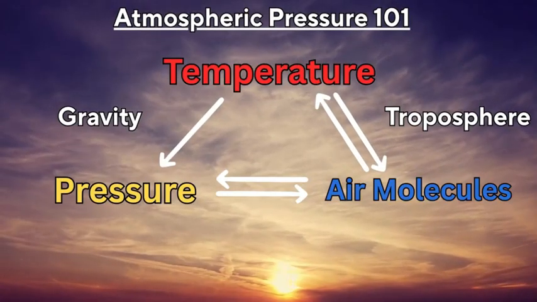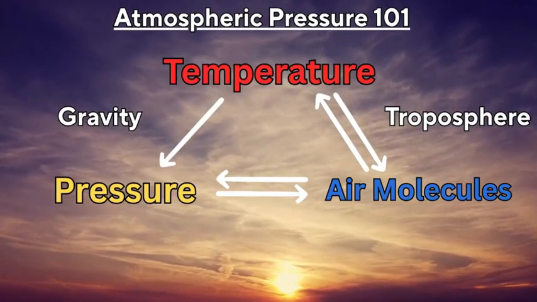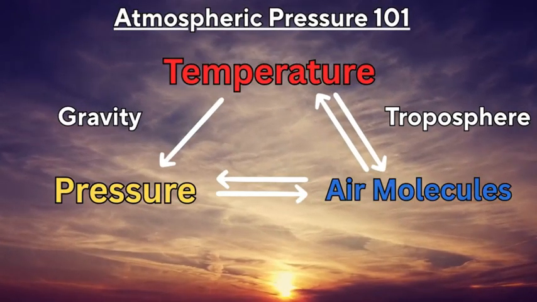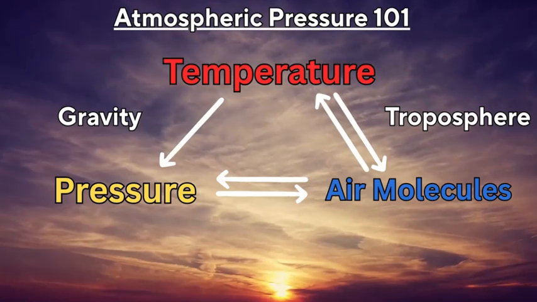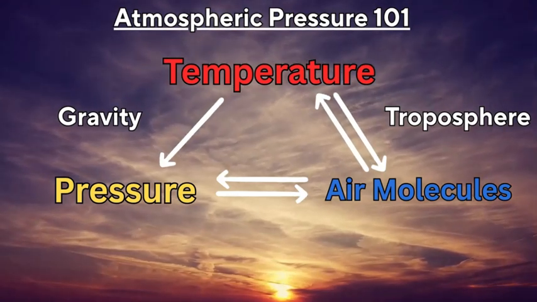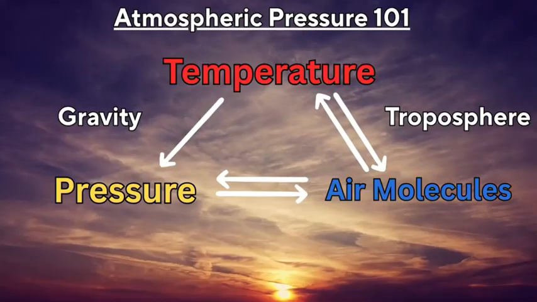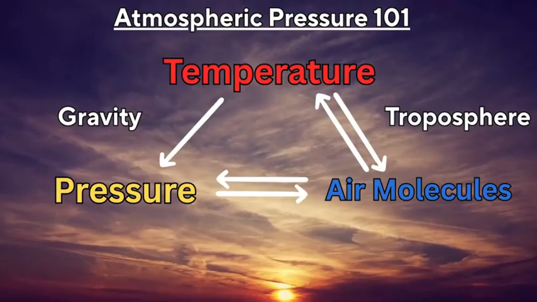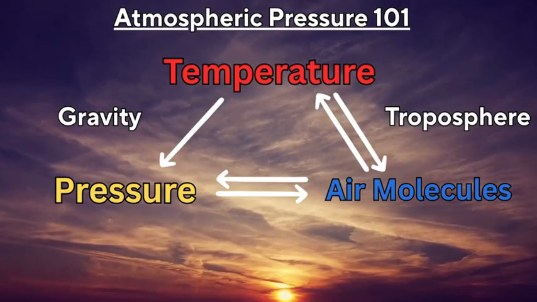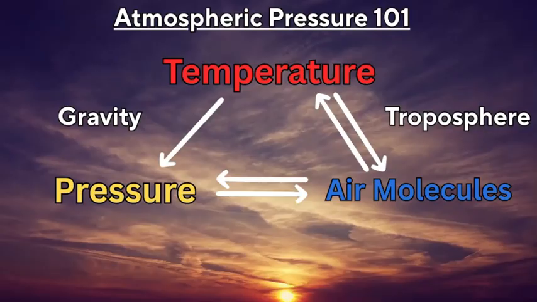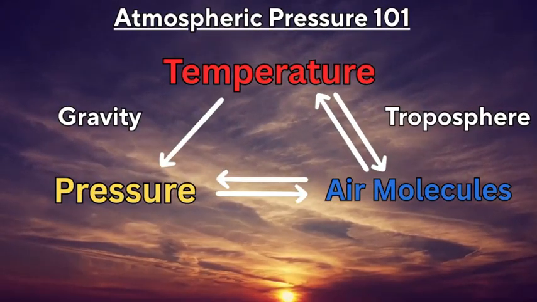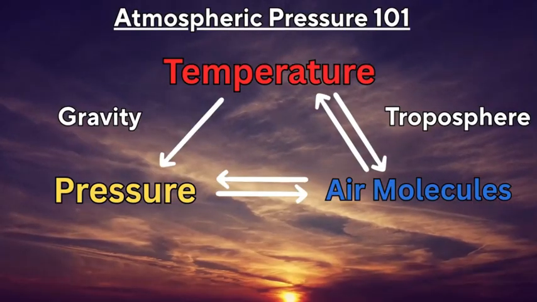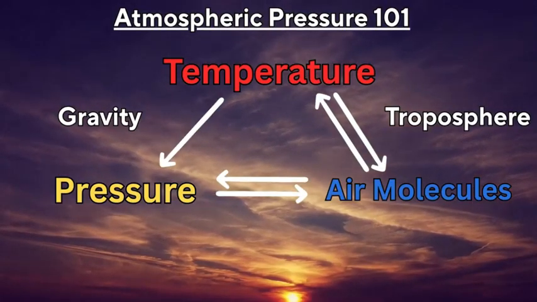As you see from this diagram, you have temperature and air molecules that are linked with atmospheric pressure. Now we're looking at the troposphere, which is that lowest layer of the atmosphere, which extends from the surface up to around 15 to 25 kilometers in altitude, which is based on latitude. Towards the equator, it is much higher. Towards the higher latitudes, the Arctic, Antarctic, it is much lower. But the troposphere is the area of focus with the highest air pressure, air molecules, and our concentration of the